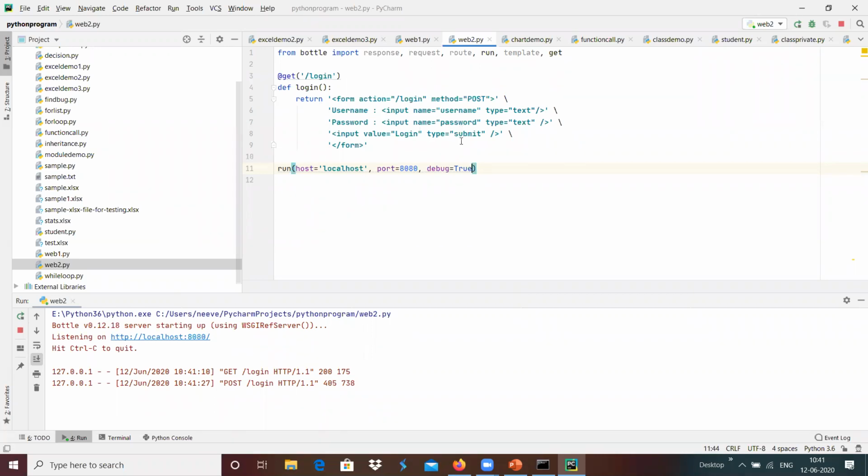Whenever we do press that submit button, the post call will be generated from the client with the filled information of username and password that we need to receive at some point and handle whether the username and password entered are correct or not, that we need to validate over here.